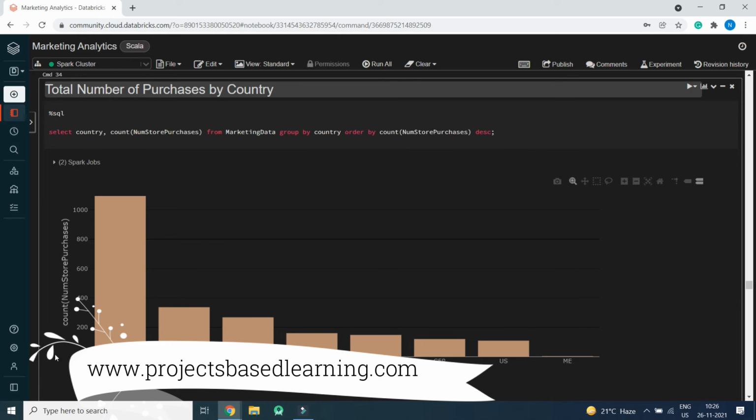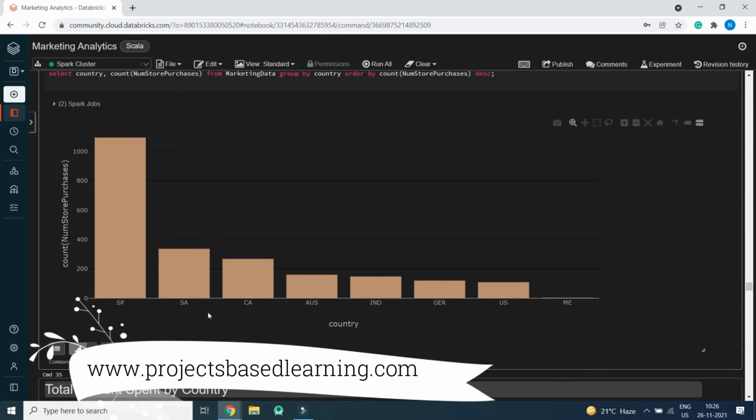Total number of purchases by countries. So here we have countries and here we have total number of store purchases. Country, count of number of store purchase from marketing data, group by country, order by count of number of store purchase in descending order.